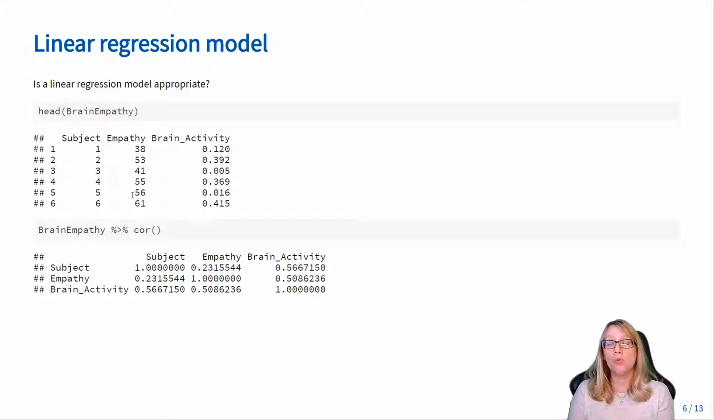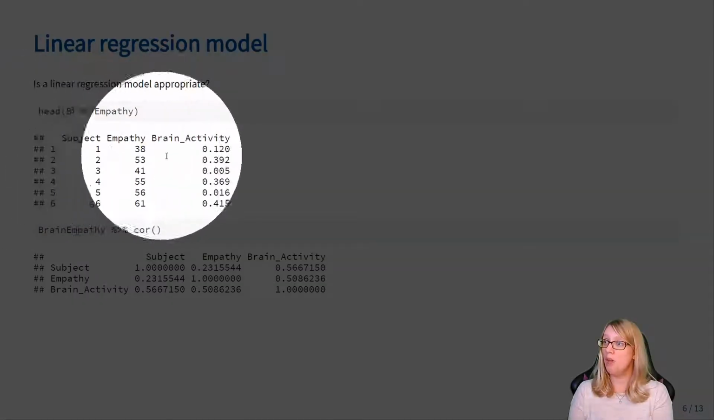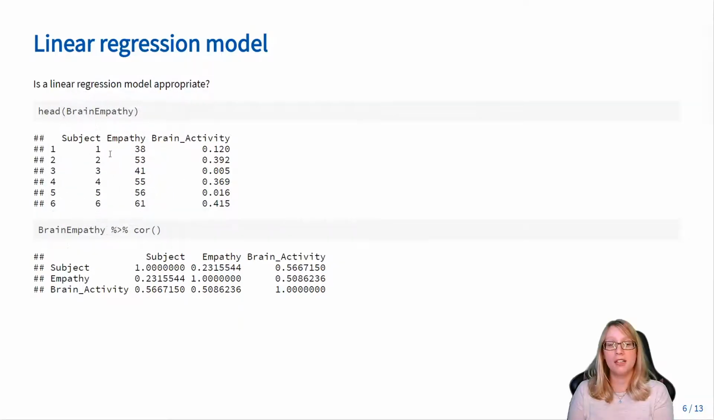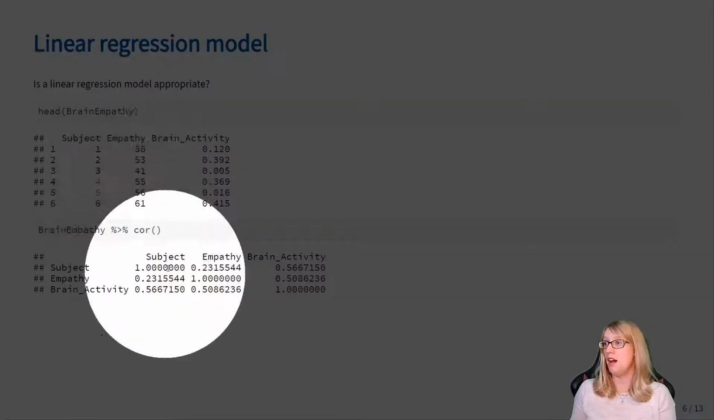So subject 1 showed about 12% of the brain activity in the region that responds to pain, watching her partner be shocked as she felt when she herself was shocked. Looking at the correlation, it is fairly strong between empathy and brain activity. We have a correlation of about